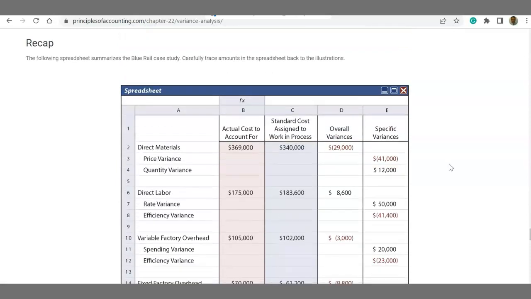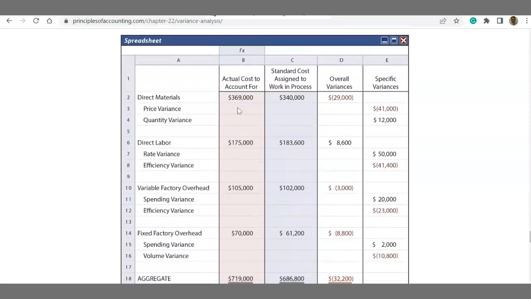And here is the recap again. The direct material actual cost was $369,000. Standard cost assigned to work in process was $340,000. The overall variance was $29,000 in regards to direct material. Out of that, $41,000 is price variance and $12,000 is quantity variance. Price variance was unfavorable. However, the quantity variance was favorable per the calculation that I did for you already on the previous paper,